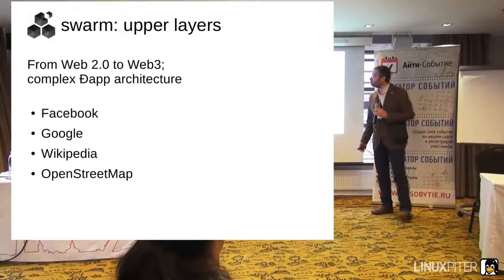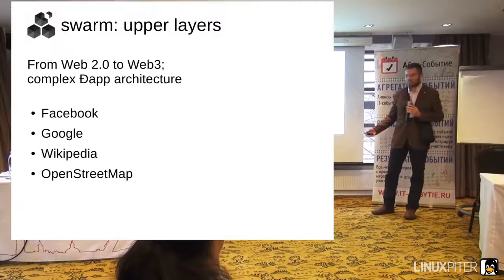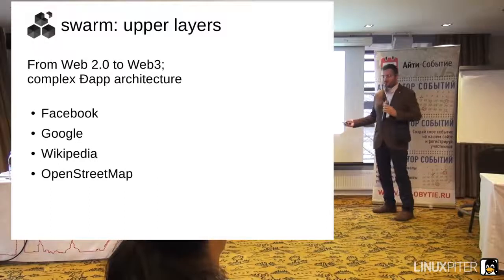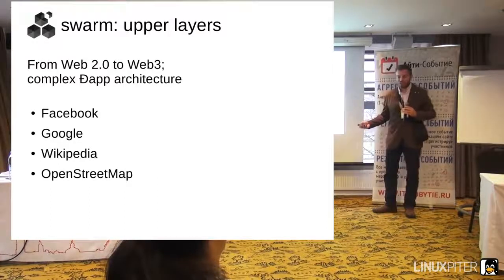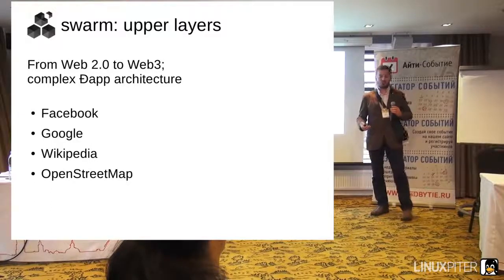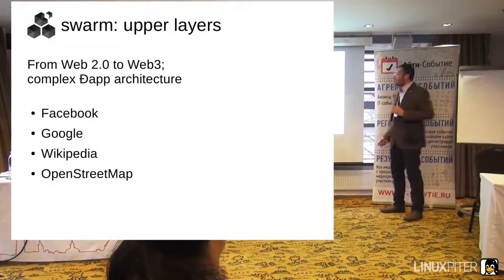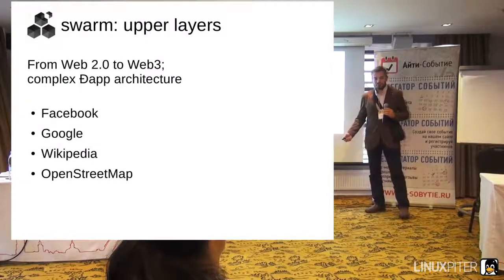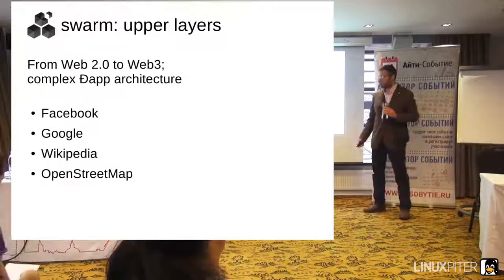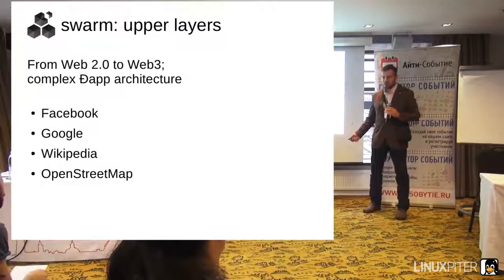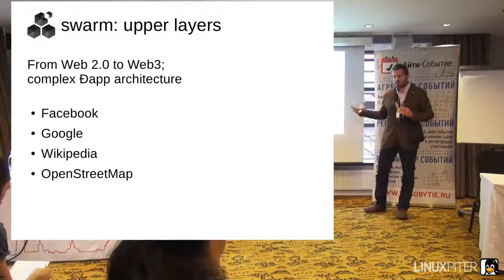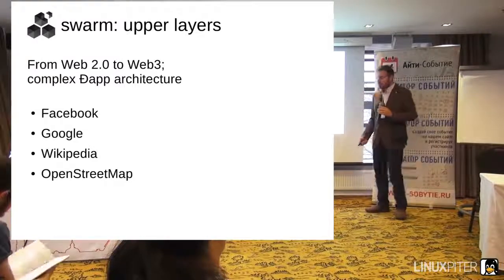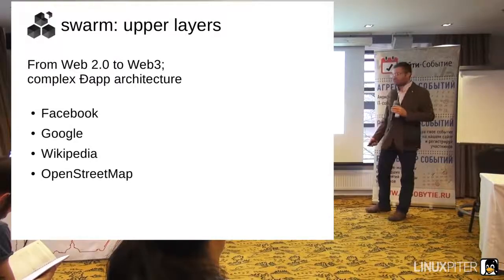So lastly, this is a super ambitious project. We want to create Web3, which is sort of better than Web 2 in that there are no big centralized entities that hold the whole world hostage. So we want to do things like Facebook in a distributed fashion. It's hard. It's not that different from a Dropbox. Google does, of course, many things, but in particular here I'm talking about indexing and ranking. Doing this in a distributed fashion is even more difficult.